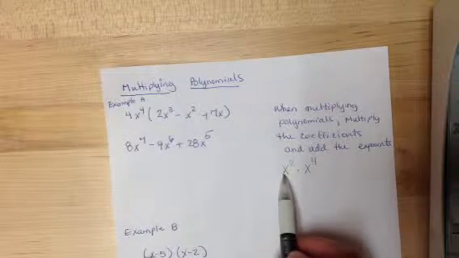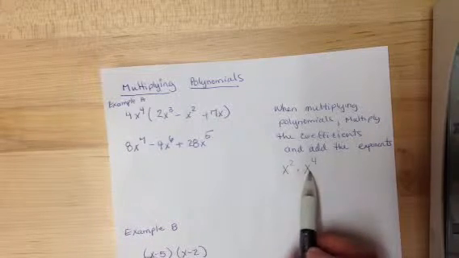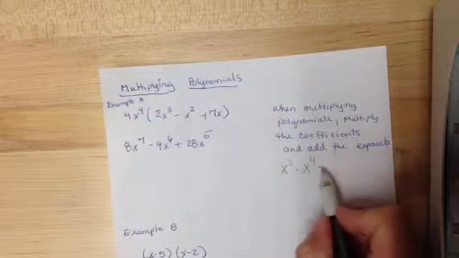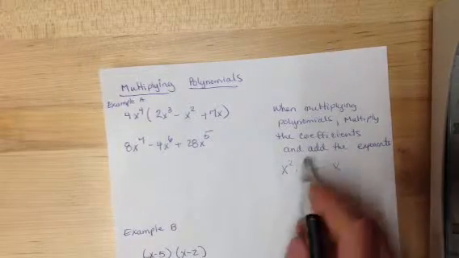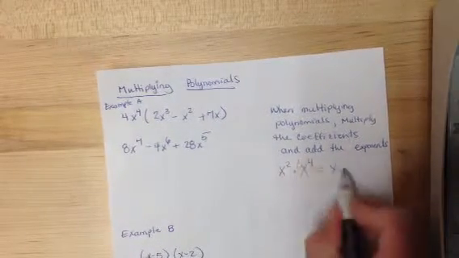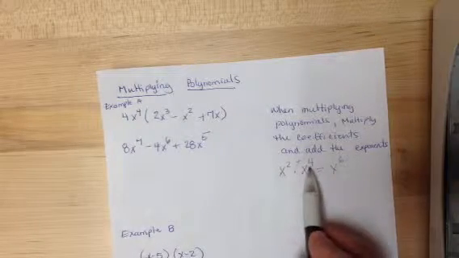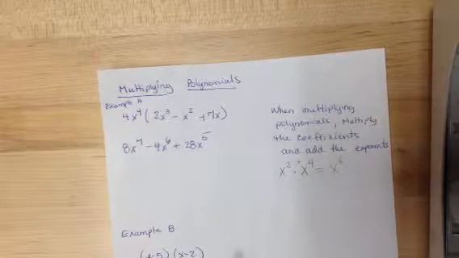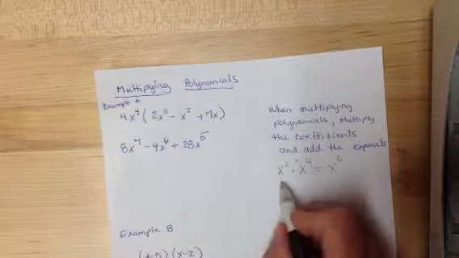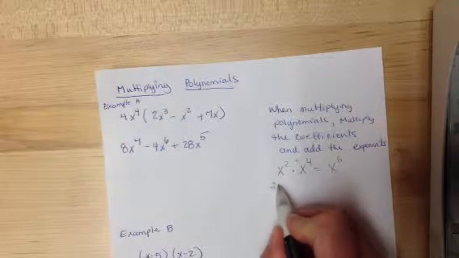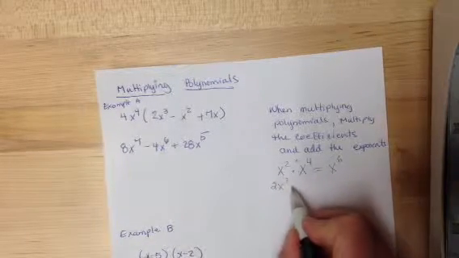it's the same base. X and x is the same base, and we're going to add the powers. So we keep the same base x, and 2 plus 4 is 6. Let me do another example here with another monomial. If I had 2x cubed times